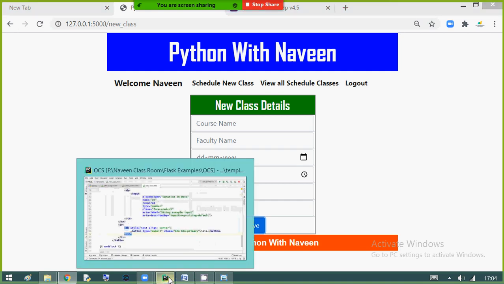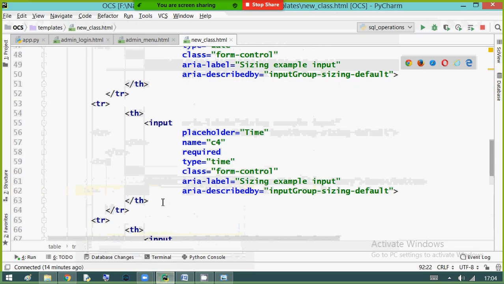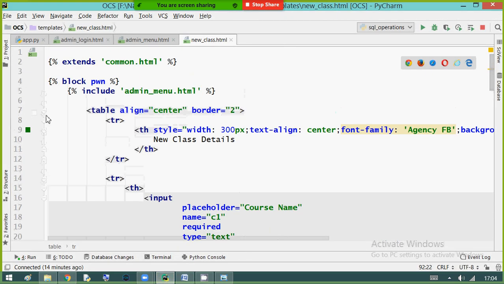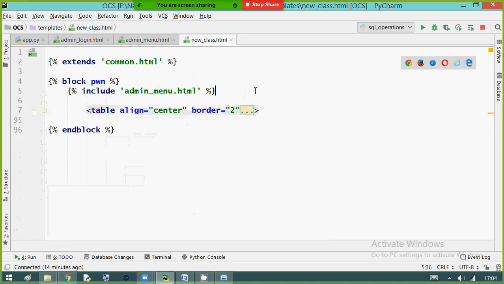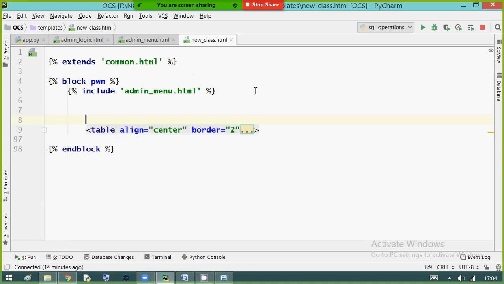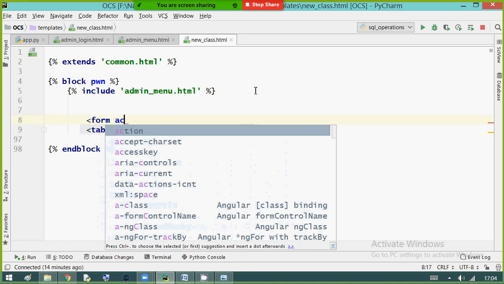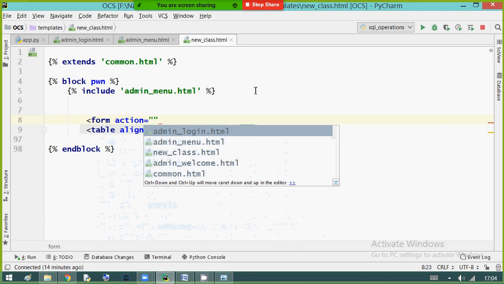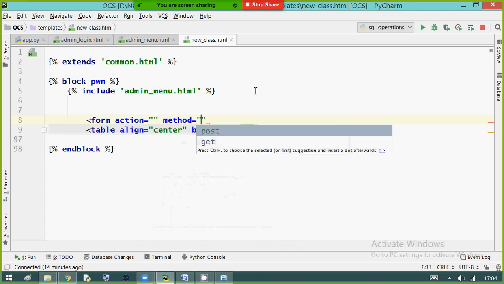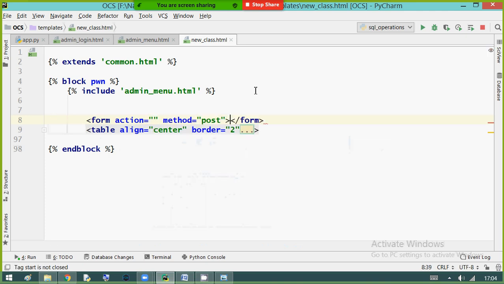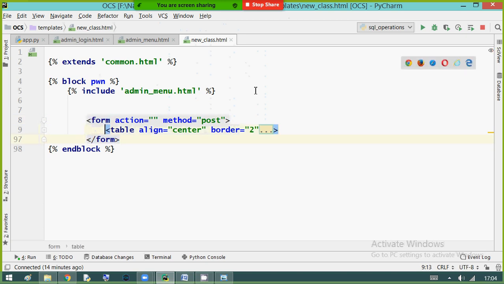To listen to the action, we need to provide the form attribute. So this complete table I am writing inside the form, action equals, we will provide the action, method equals post. Now close the form after the table.